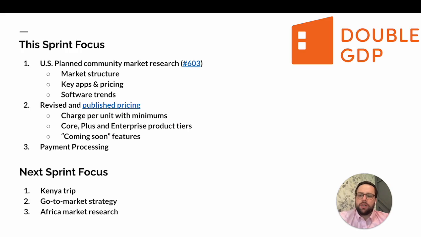and broadening our understanding of the structure and the makeup of the US planned community market and how different property managers operate, community managers as well. Really focusing on learning things like the key applications that they use and the pricing, some of the feature sets of those apps and the trends where things have been going and evolving in the last decade or two